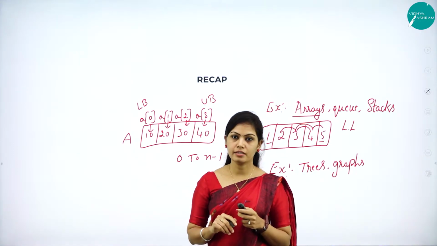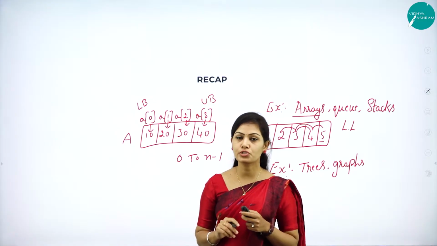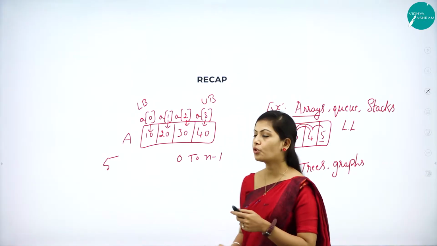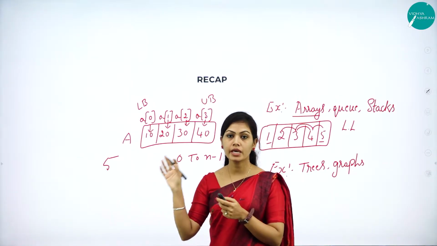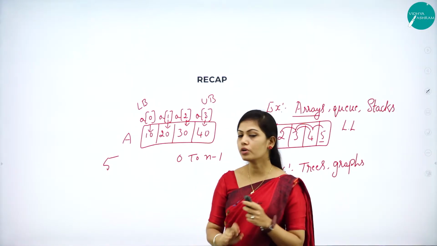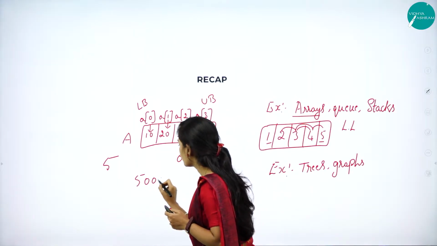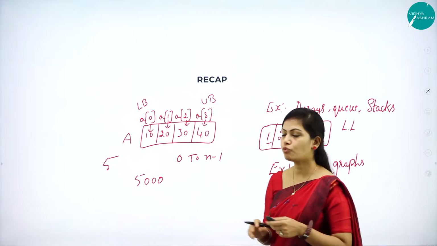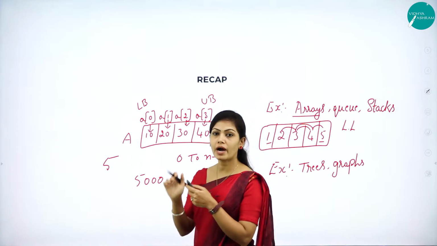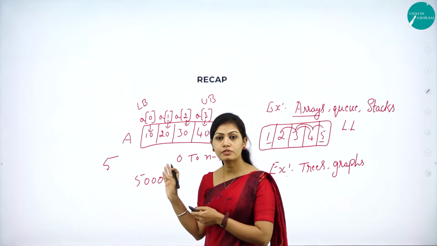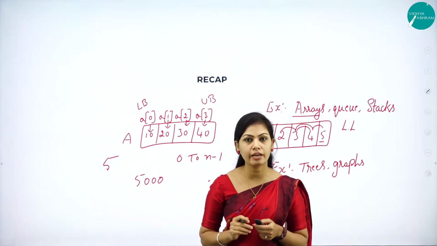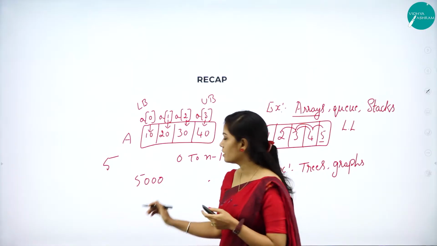Why do we need an array? Consider a situation where we need to store 5 integer values. Using some programming concept, we can store 5 elements using int data type, right? Just assume that if you want to store 5,000 variables. If you want to store 5 variables, easily you can store. But if you want to store 5,000 variables, are we able to use 5,000 variables? To handle this situation, almost all programming languages provide a concept called an array.